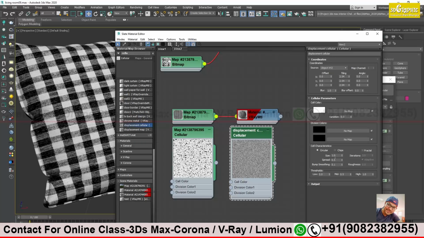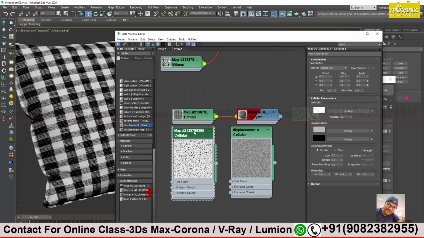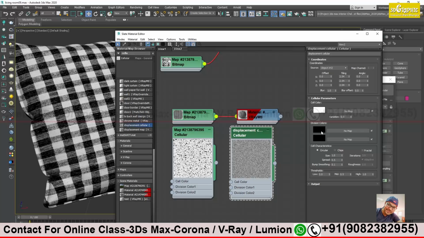So I have changed this a bit, only these settings. The colors also you have changed, I think. You made it more black. Yes, more blackish I have done. So this gave me a very nice effect. So I have just saved these settings, because every time you don't remember the settings. Correct. Correct.